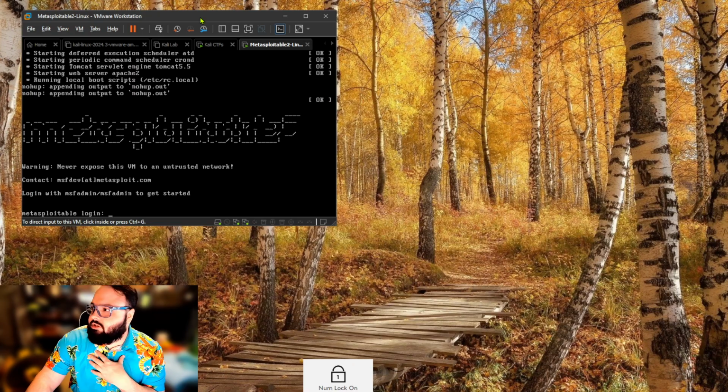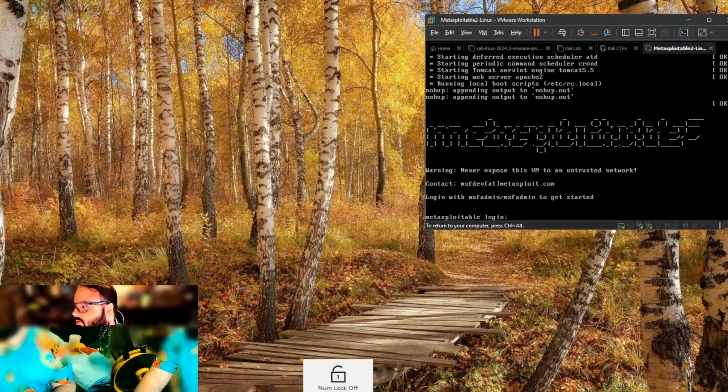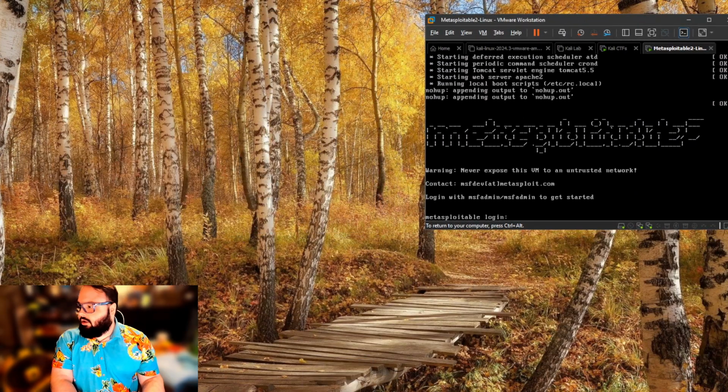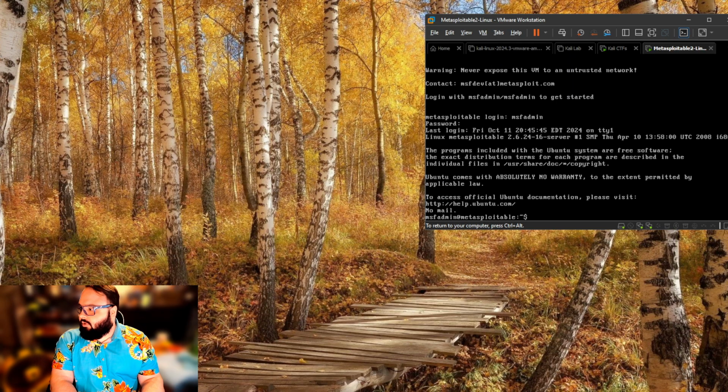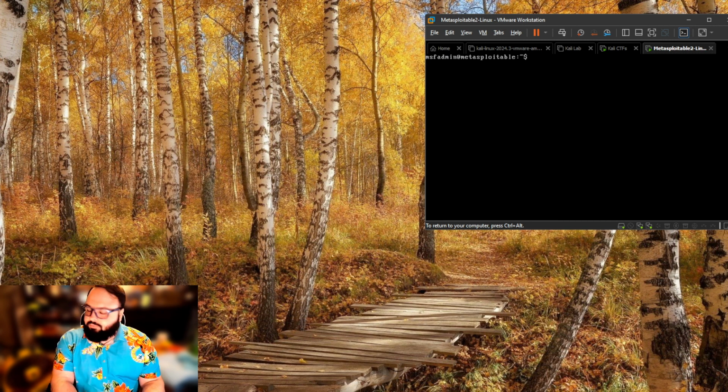So, as we can see here, Metasploitable 2 is up and our login is spelled out for us right above our insert point of Metasploitable login, msfadmin, and our password is the same, msfadmin. So here we are. We got some welcome, there's absolutely no warranty, and I'm going to clear that. So, back to Kali,